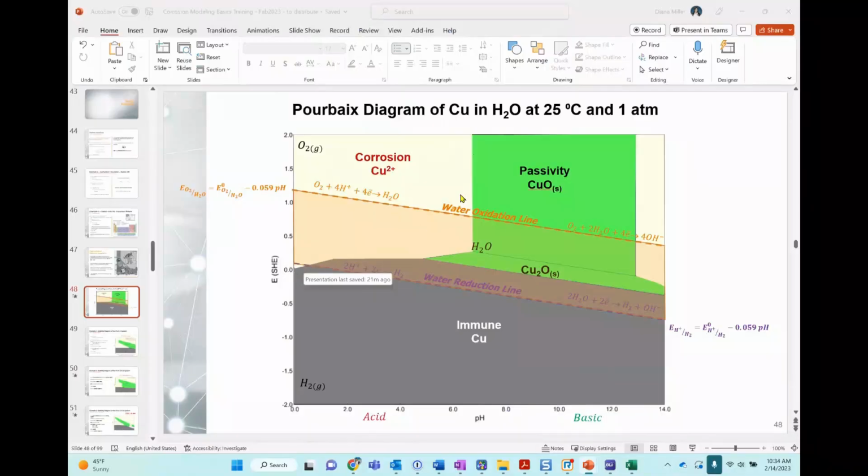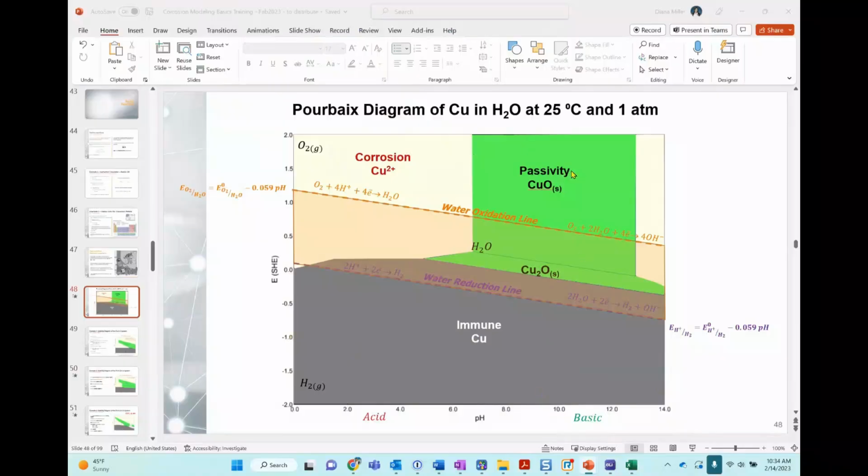So when we identified all the species and all the equilibrium lines, which ones are chemical reactions, which ones are electrochemical reactions, etc., then we start finding regions. And like I was saying before, there are different regions. This gray region represents the immune to corrosion region. We want to be here, like if you were doing a cathodic protection, for example, you want to reduce the potential in such a way that you want to be here in the immunity region.